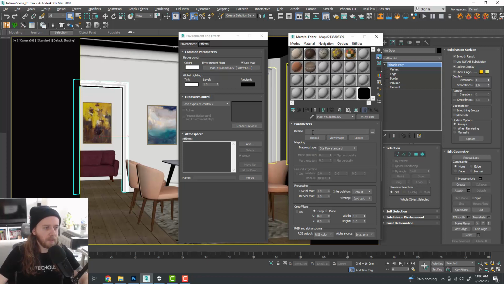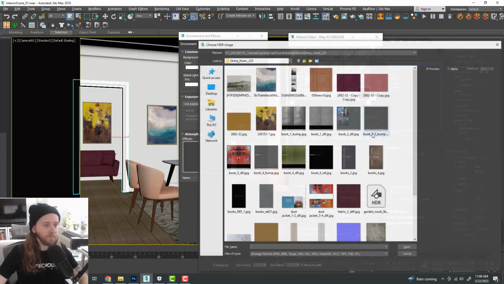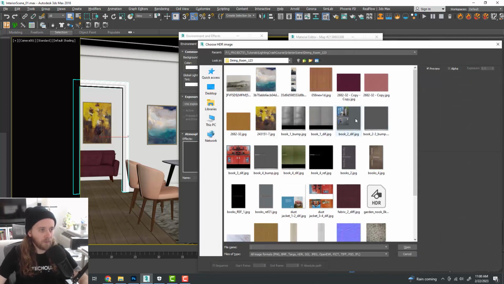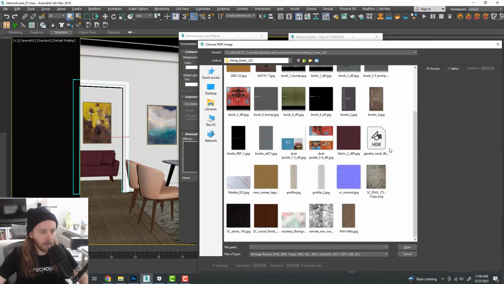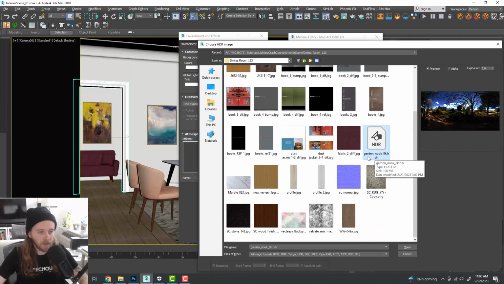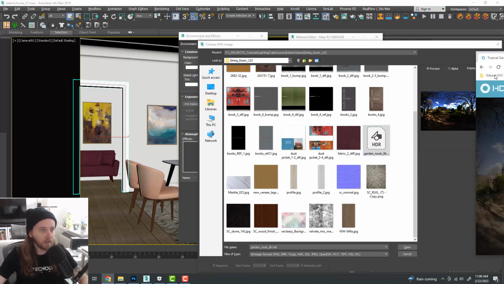So now in this bitmap slot, what we want to do is we'll click in here, and in the project folder, in the folder that is in the link in the description, I added an HDRI map. All right. So if you find this, it's called HDR. It's Garden Nook 8K. And I downloaded this. This is a free HDRI map from HDRI Haven, right? So this is the link here,